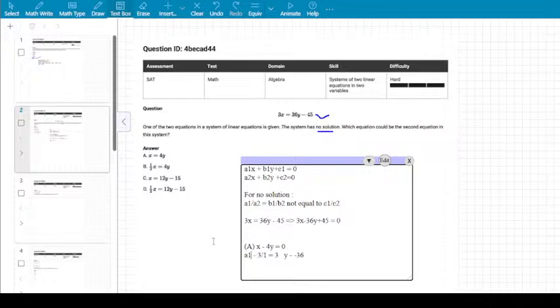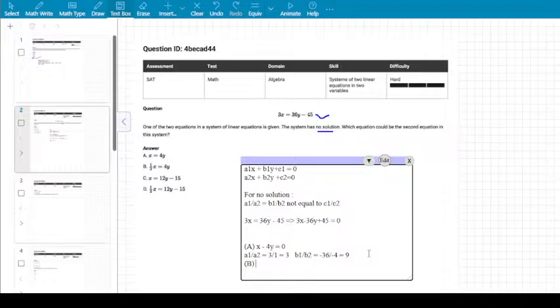a2, a1 by a2 equal to 3, and b1 by b2 will be equal to, here it is minus 36 and here it is minus 4, so minus 36 by minus 4, which is 9. So they are not equal, so this is not the correct answer. So then we go to the next equation,